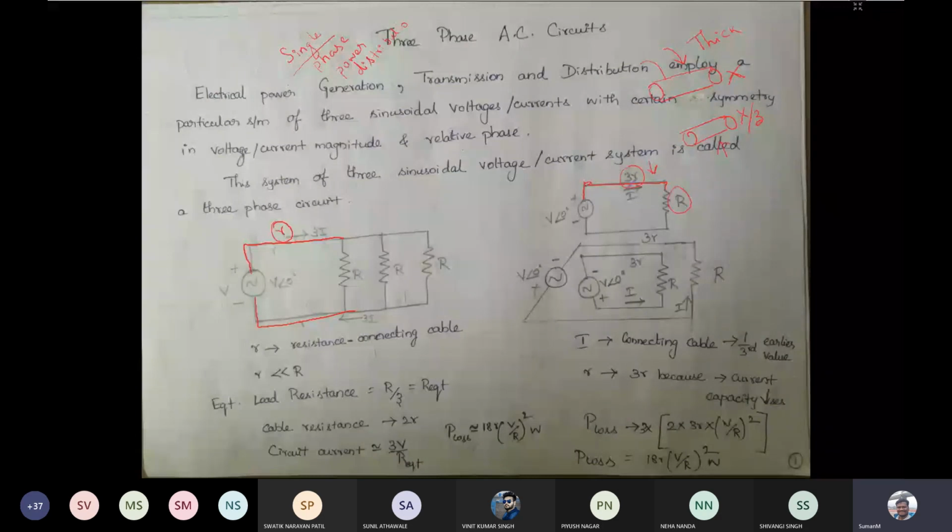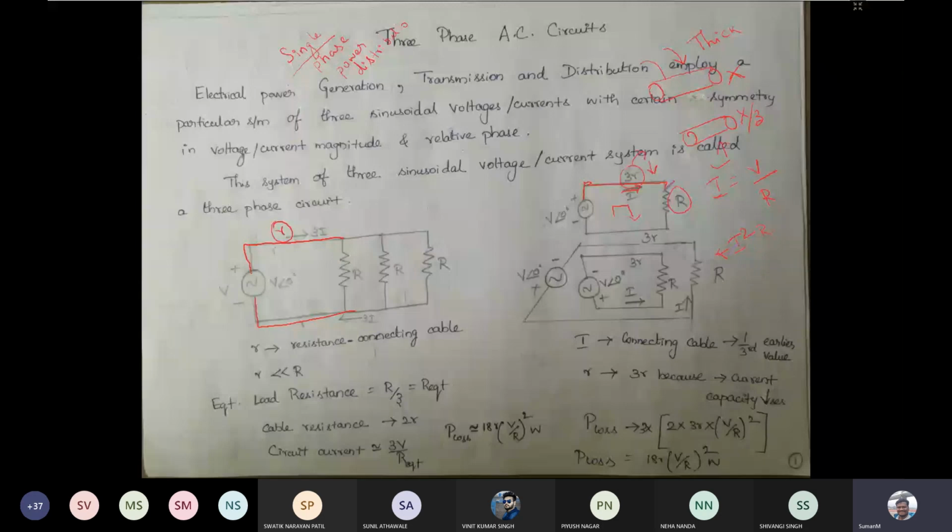Now we find the current flowing through this circuit. The current flowing through this particular circuit is again I equal to V divided by R, so you can again skip the cable resistance. The power dissipation in the cable because of this current can be given by I squared R. Here R is the cable resistance, as we are just checking the power loss in the cable.